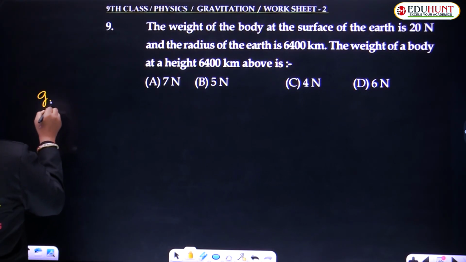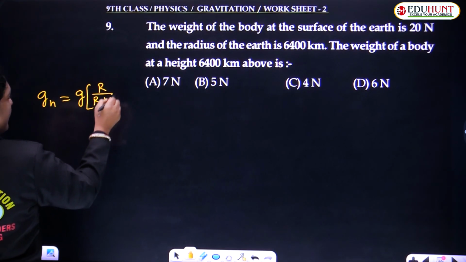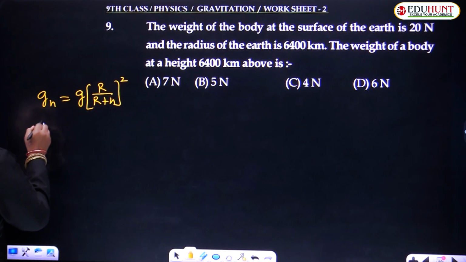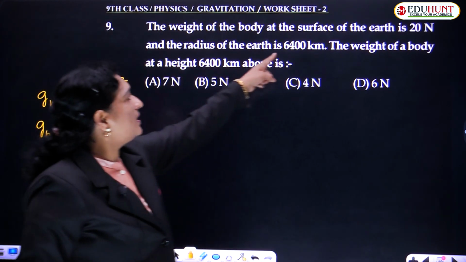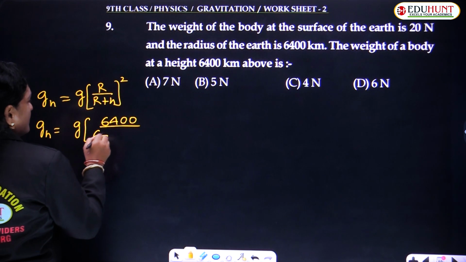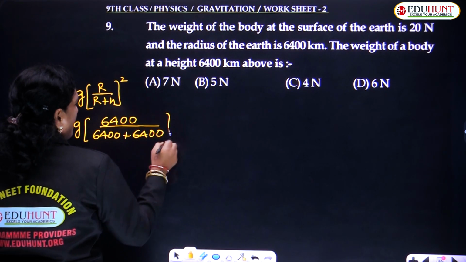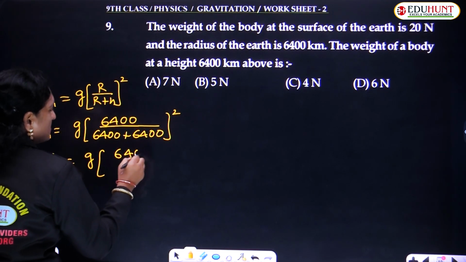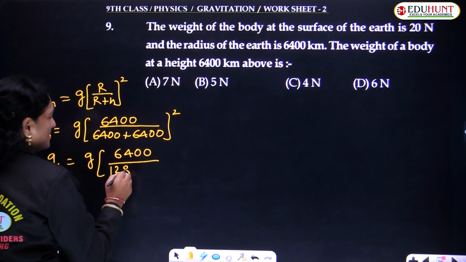What is the formula? First of all, find out gh. The formula for gh is g times R by (R plus h) whole square. So the value of gh is equal to g times R, the radius of the earth, 6,400 kilometers, whole upon R is 6,400 plus height 6,400, whole square. So gh is equal to g times 6,400 upon 6,400 plus 6,400,